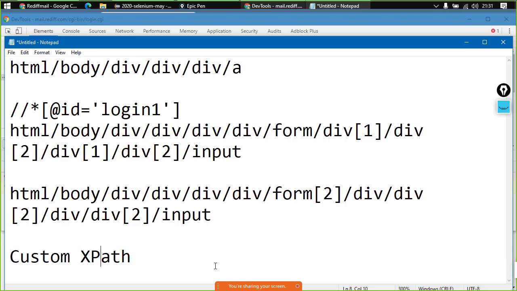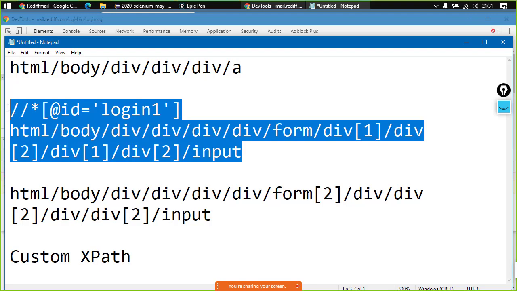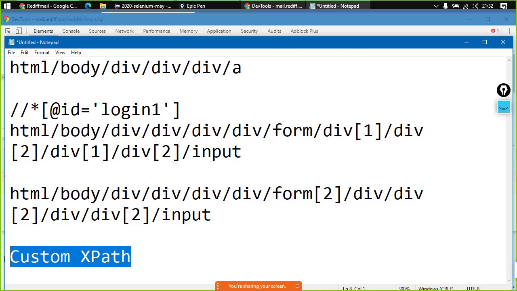What is the need of custom XPath? We can try generating XPaths from the browsers directly. The problem is those XPaths work only 20% of the times. Other 80% of the time, the XPaths don't work. And we don't want anything unstable in our project, right? Because when the project is executing, when 1000 test cases are executing, we won't be able to get to know what was the problem, right? And we don't want any kind of issues while execution, right? So what we prefer is, we prefer generating a custom XPath, right?